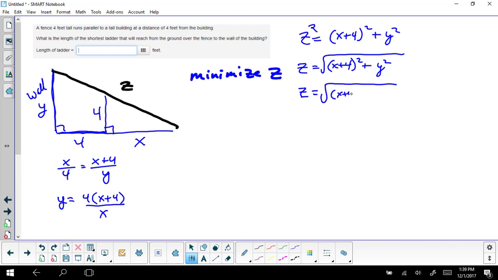Z equals the square root of (x plus 4) squared plus, parentheses around the whole thing, 4 times (x plus 4) over x, being squared. Okay, so now in order to find the minimum, I need to take the derivative of this and then look for any relative minimums and zeros and stuff like that. So this is going to be quite a derivative, right? So z prime,